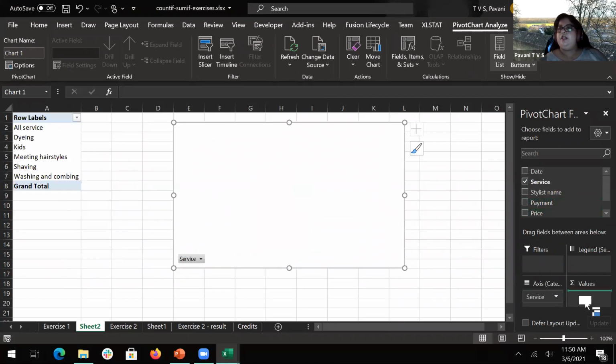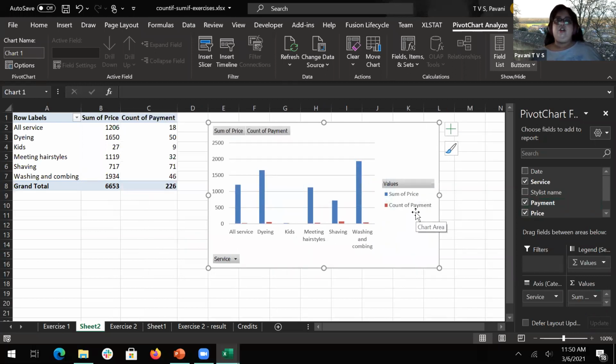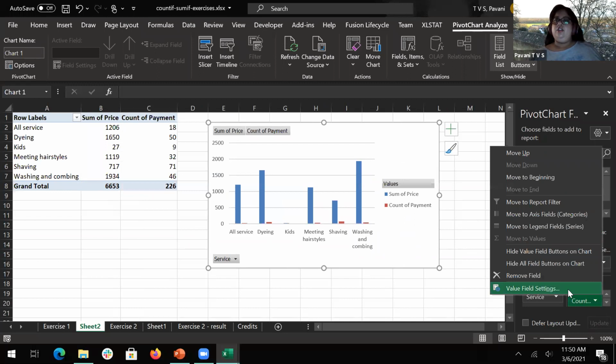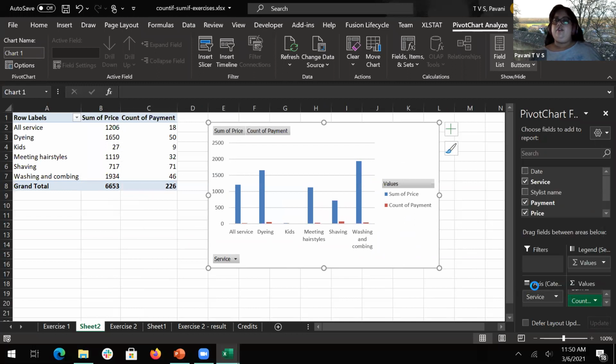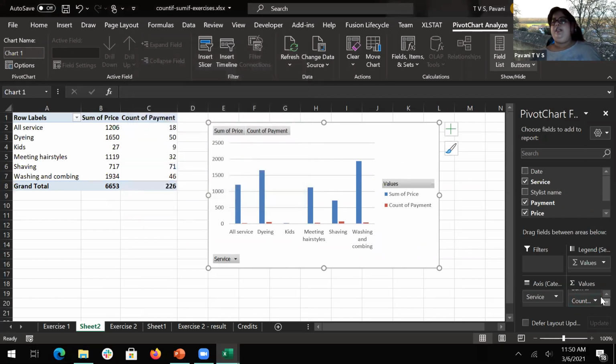My bad, price. And if you want to include payment, you can do it. This is the count of payment. And if you want to change that to sum, right, you can change it also, like value field settings, you can change it to sum, count, average, maximum, whatever you want to do, play around with it.